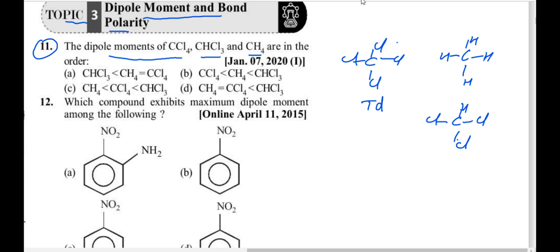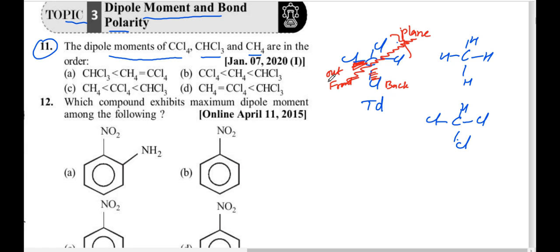Symmetrical means if you cut it in half, the right side and left side are equal. Tetrahedral geometry means one is a thick line, one is a dotted line. The dotted line is the back side, inside the paper. The thick one is outside, or front, I can say. These are on the plane. So if you cut it like this,